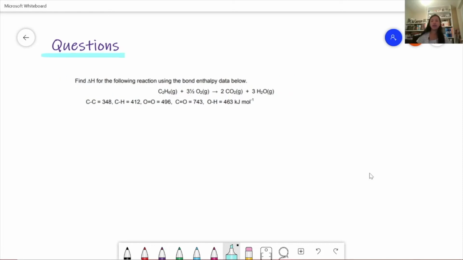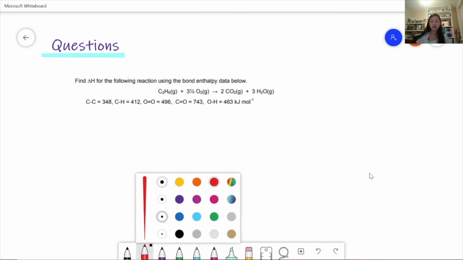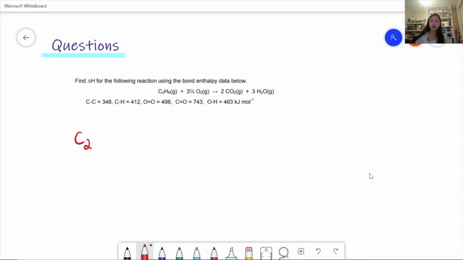So before I move on to the question, feel free to pause the video and try it yourself first. So find the enthalpy change for the following reaction using the bond enthalpy data below. First, I like to start off by writing out the equation. So we have C2H6, and that's a gas, plus 3.5 oxygens,